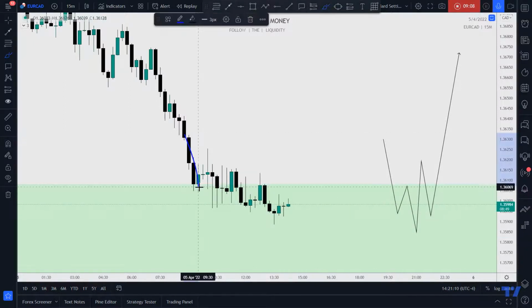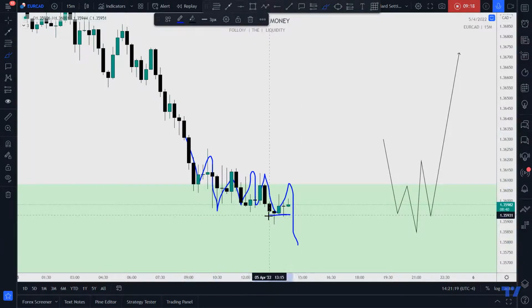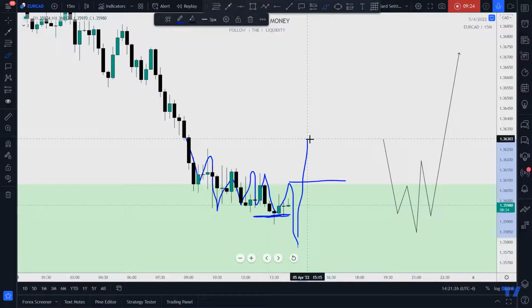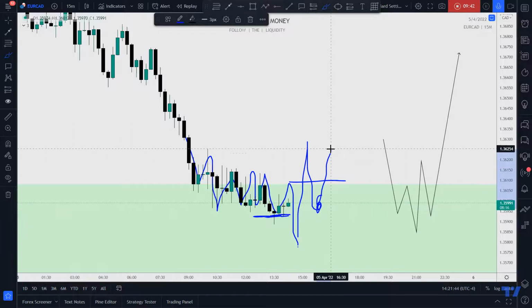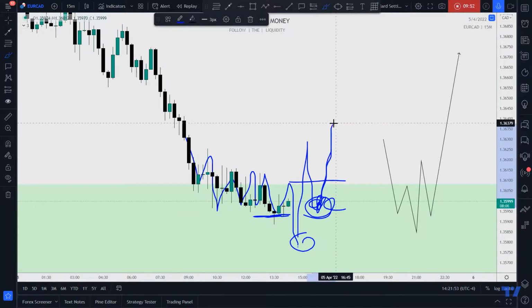I'm messing it up over here. We're chopping down and everything. I don't think it's finished that process, right? But what I want to see is price come down, right? If this is the lowest point, I want to see this high being broken to signal to indicate that price is changing character. I'm waiting for it to come down here. This is a very aggressive entry called the change of character entry. What I want to see is a break of structure. All right. If I see price come down and respect this low and it comes down and taps off of the origin and breaks that high,